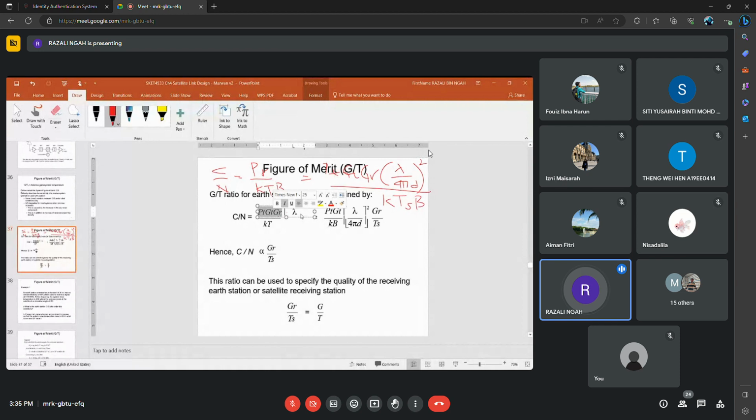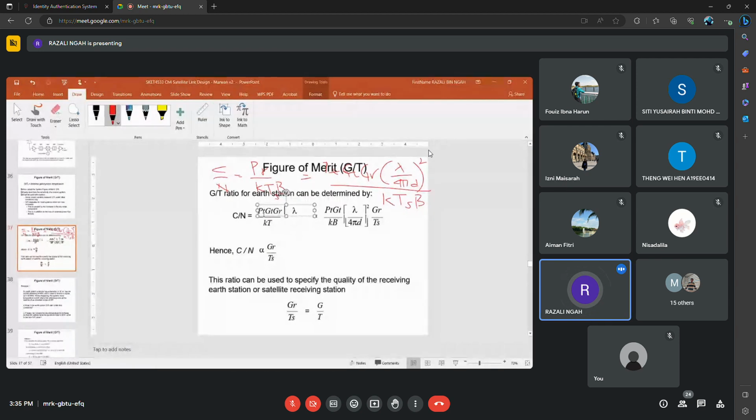It's not showing the full equation for this part. I think I converted this one from Dr. Marwan's PDF to PowerPoint. So if we rearrange this one, we have, from the one that I wrote just now,